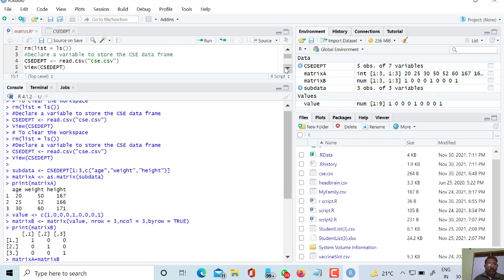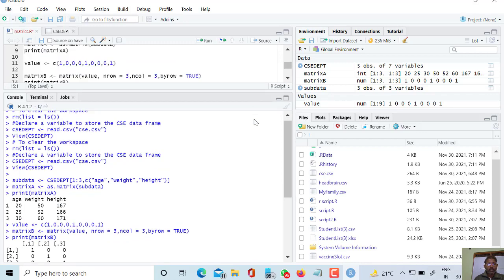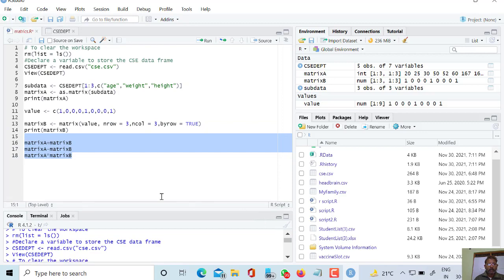So what should we do for true matrix multiplication? As we know, for true matrix multiplication, the number of columns in the first matrix should be equal to the number of rows in the second matrix. So we are going to perform true matrix multiplication.